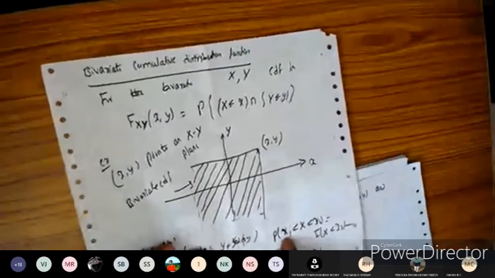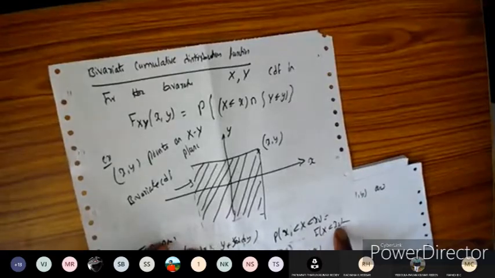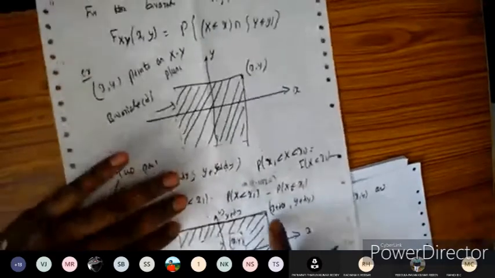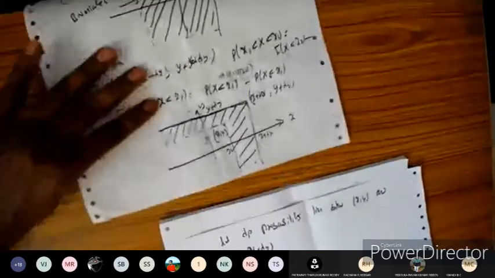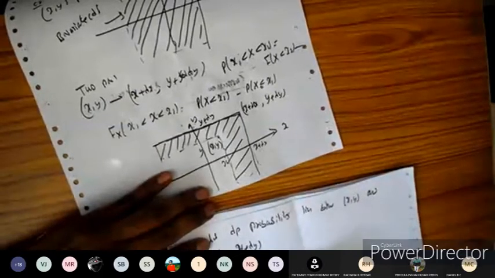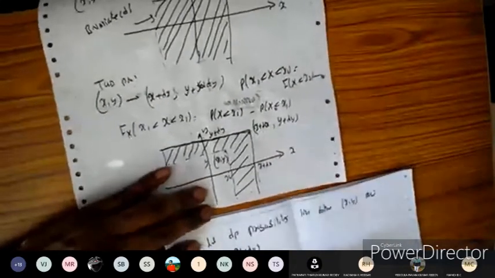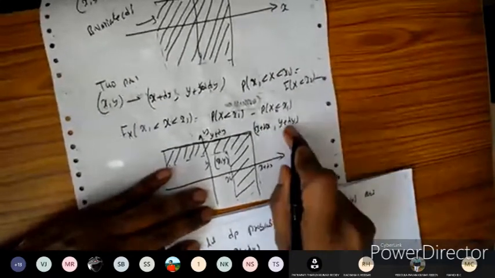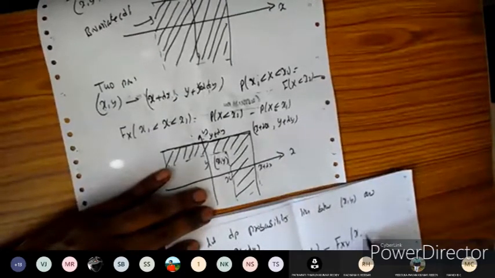So dP can also be considered like this: the probability that X lies between x1 and x2 is F of x2 minus F of x1. We can take the probability like this in terms of the bivariate CDF, and define it like this. So x plus dx is the upper limit, and for the y-axis the upper limit is y plus dy, minus the bivariate CDF of x comma y.